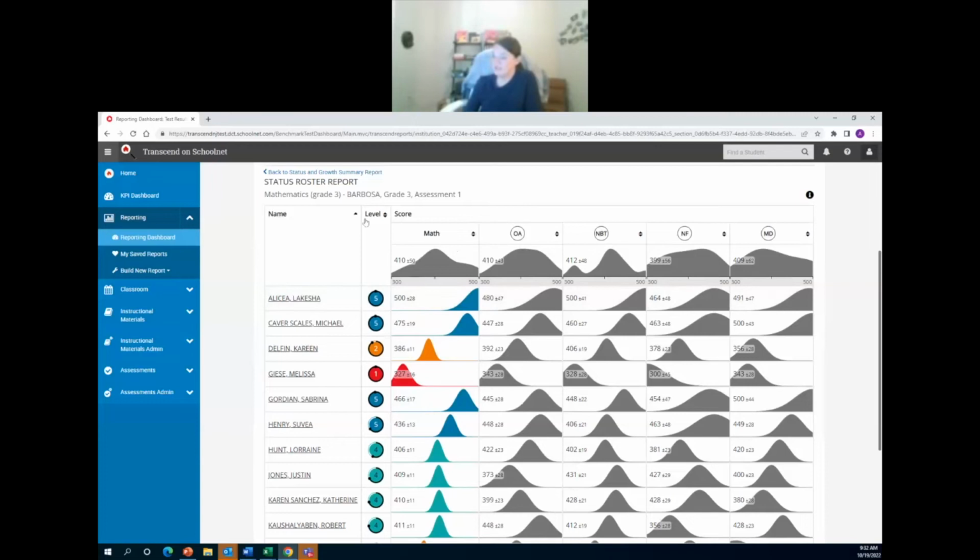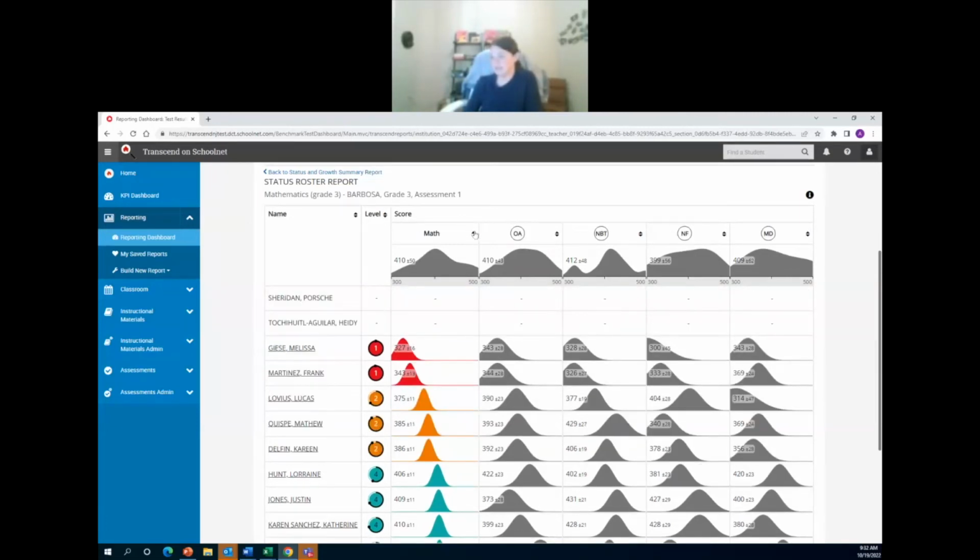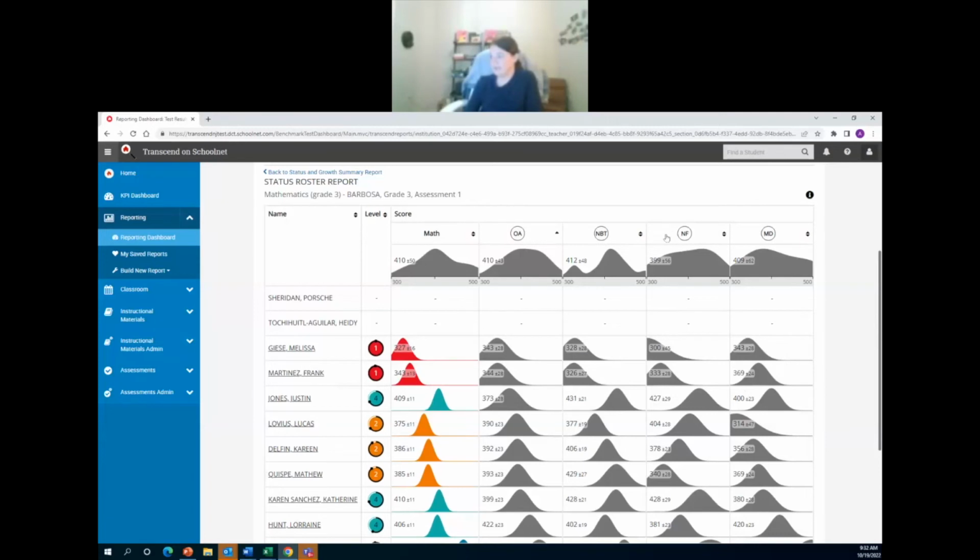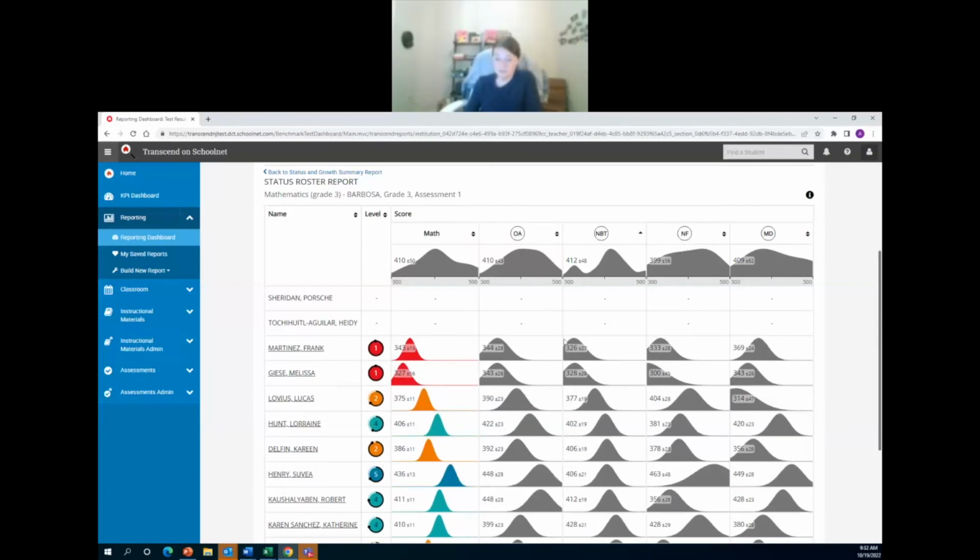The first one is you'll see these different toggles or arrows, and this allows teachers to sort the students. So if I want to focus on my students who are not performing as well based on this assessment, I can click on that and start to think about how I might group them. I can also do this by domain, and this might allow me to focus on grouping students, providing some additional supports to them based on their performance within that particular domain.